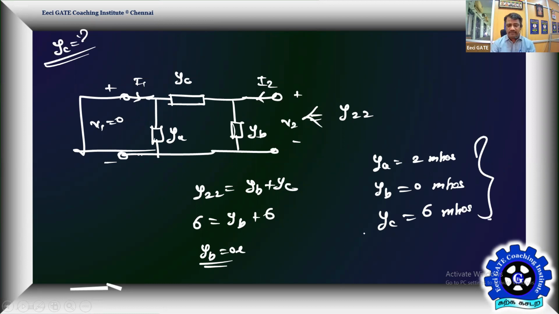So to find YC, you can set the problem either for Y12 or for Y21. It's simple. You need not remember much. It's just 2 marks, so you can happily spend around 2 to 3 minutes and get the solution. So you keep your memory as simple as possible. You have the fundamentals, you can connect to any problem. That's the confidence you have to take into the examination. In any competitive examination, you have to keep your memory as simple and comfortable as possible throughout your examination. That's a key strategy for any aspirant.